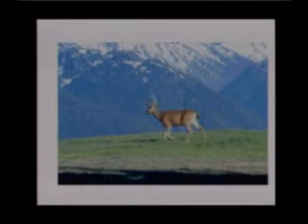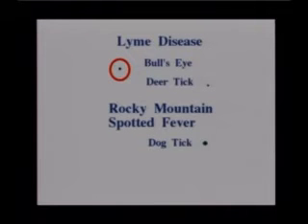The reservoir is actually a mouse, a wood mouse, a little mouse that lives in the woods. So the reservoir is a wood mouse. And somewhere in that tick's life cycle, it has bitten a wood mouse. Then it hitches a ride on the deer. So the deer is really the transportation vehicle for it. And that deer walks through the grasses or the bushes on the edges of the forest. And if you happen to walk through those grasses or those bushes, the ticks may get on you.